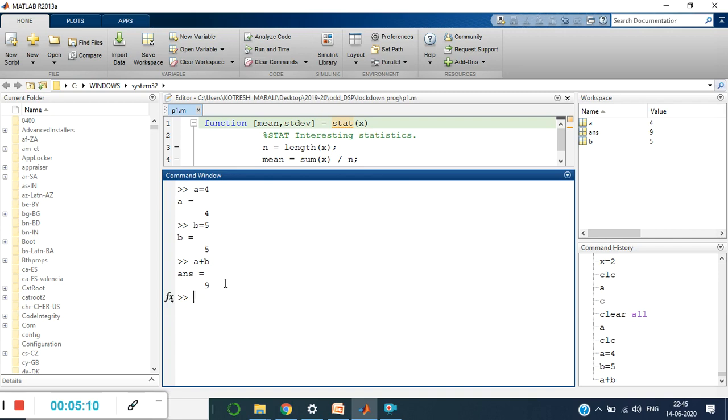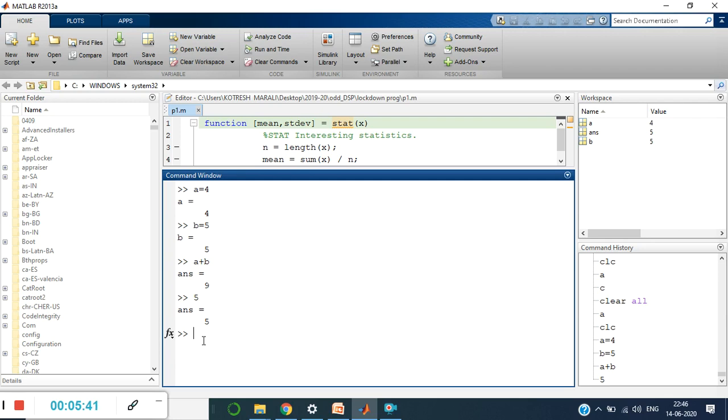If, for example, I just write 5 and don't assign it to any variable, and I say enter, you can observe the value of ANS changes from 9 to 5. Earlier it was 9, now it got replaced with 5. That is the beauty of MATLAB. The default variable in MATLAB is ANS.